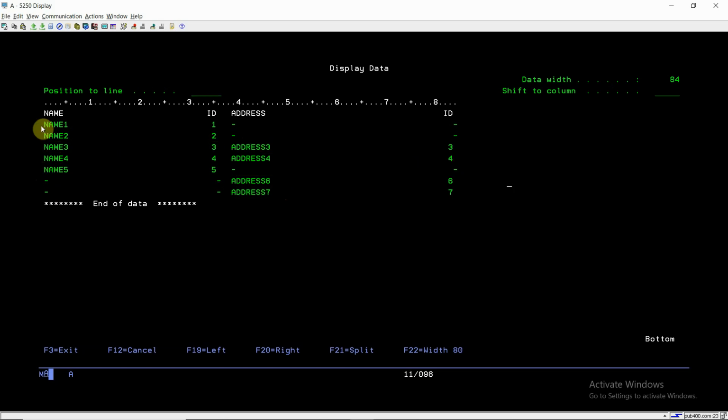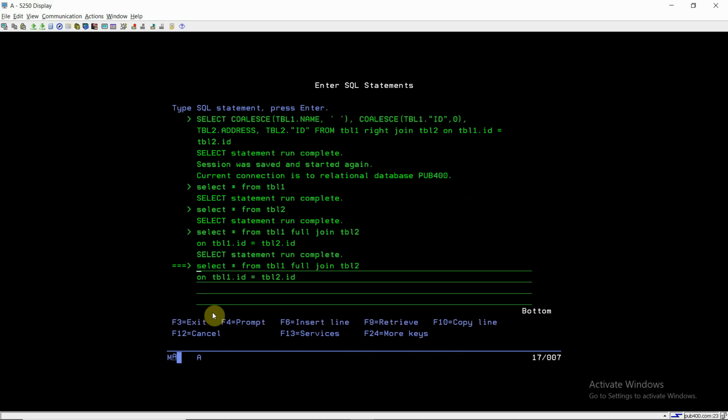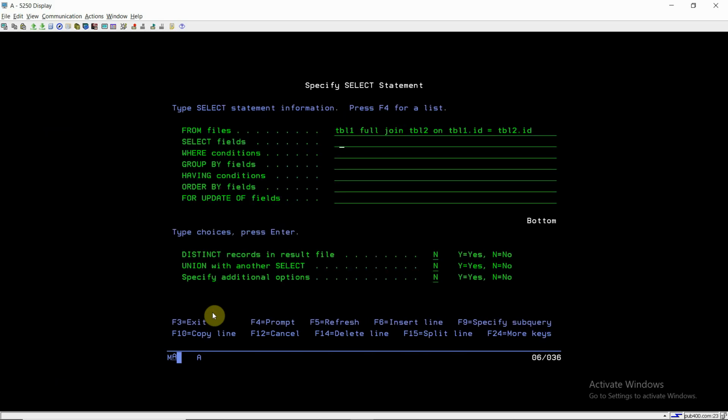So the rows which are not matched in the right table, for these rows which do not have the matching rows in table 2, they have the null values. We can see this one and this one, dashes, and here also. And for the rows in table 2, the right table, we do not have the matching rows in table 1, the left table, so we have null records here. So we can also use the coalesce function here to remove all those null values.